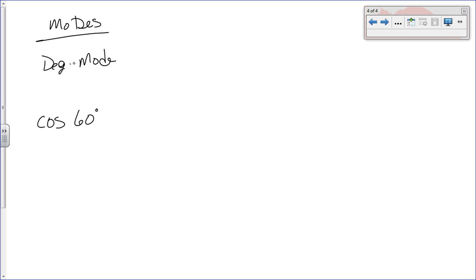So when you start to do trig, you need to make sure your calculator is in the correct mode for the system you're using. If you're using degrees, you got to make sure you're in degree mode. If you're using radians, you got to make sure you're in radian mode. How do we know if we're using radians? If you see the cosine of pi over 3,